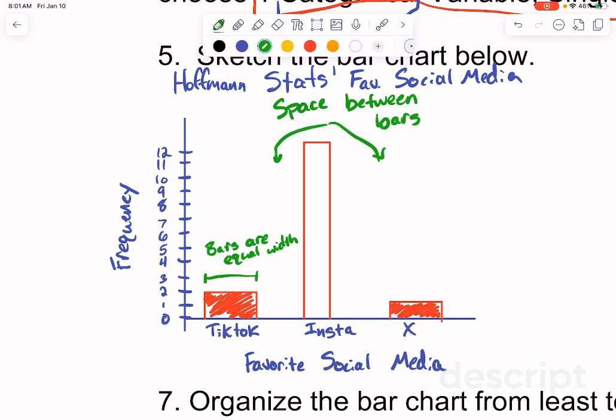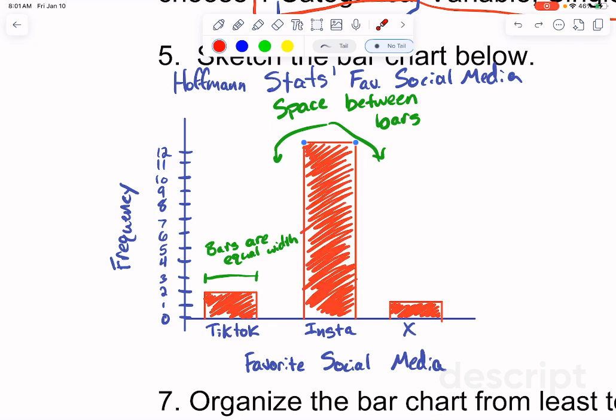The whole idea of these bar charts is that your brain actually sees the area and looks at the area to compare the bars rather than the height necessarily. So even though your brain says, okay, Instagram is taller, it makes it a lot harder to see how much taller Instagram is relative to like TikTok down here, because we have basically cut the Instagram bar in half by doing that. So we need equal space for each bar.